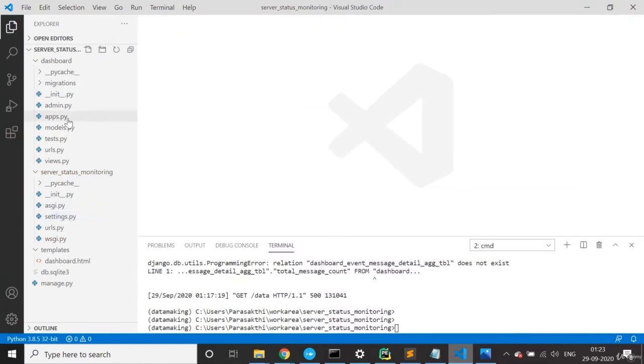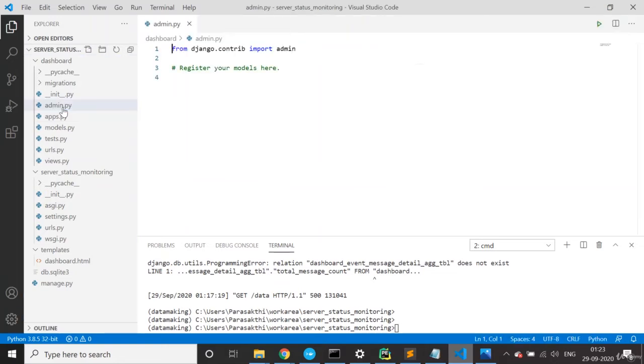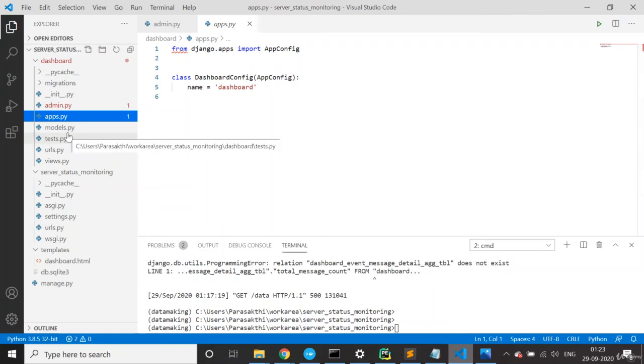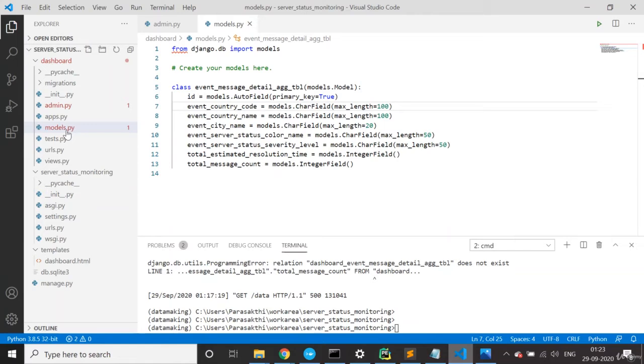So in the dashboard, you will also have admin.py, which is used when you connect to the admin module, and apps.py. This is where we define our apps. Then models.py, which is the file where you define your models, meaning kind of a wrapper for your table structure.